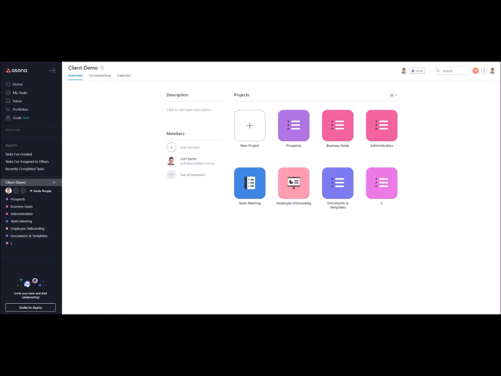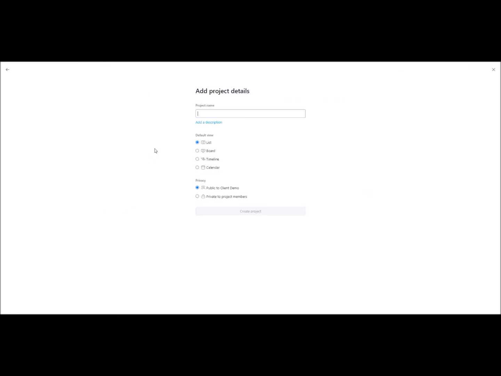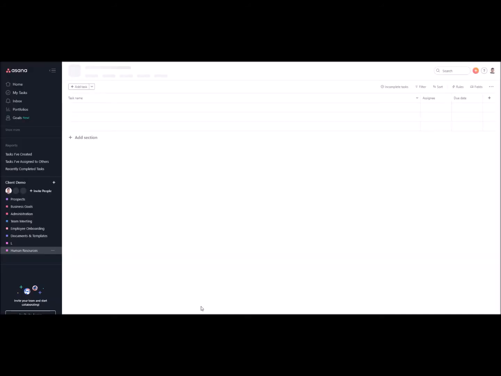So let's do a quick example of setting up a policies and procedures project inside Asana. I'm going to use human resources as an example. Once we give our project a title, I would go through and create some simple sections that might be relevant to our organization. So I would say onboarding, employee exiting,